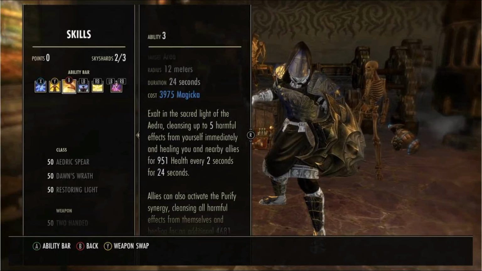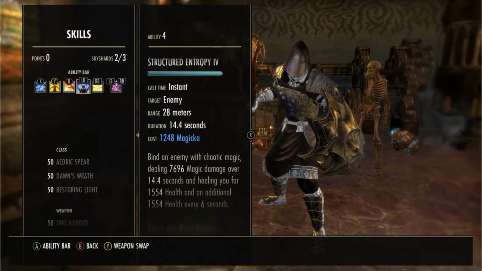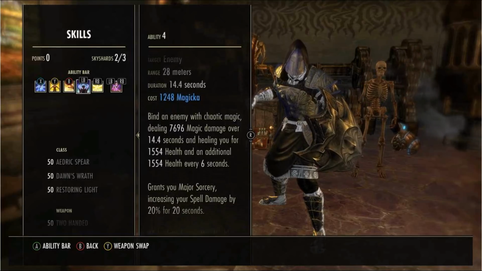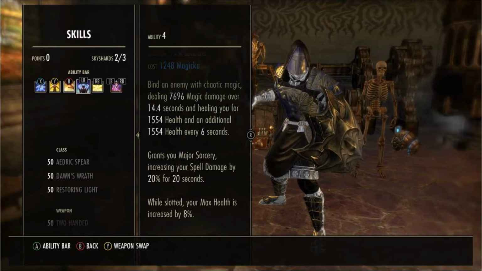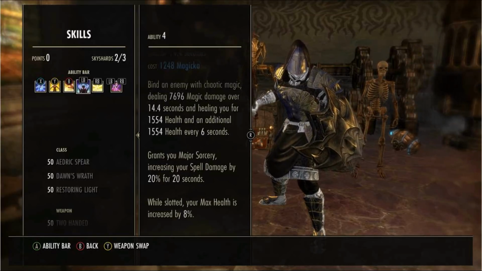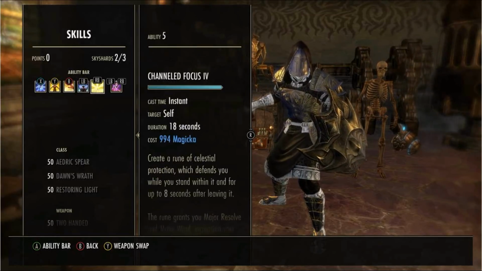Structured Entropy. It's where I get my major sorcery from. Well slotted, my max health is increased by 8% again, which is great because it's on my defensive bar. Then I've got Channeled Focus,